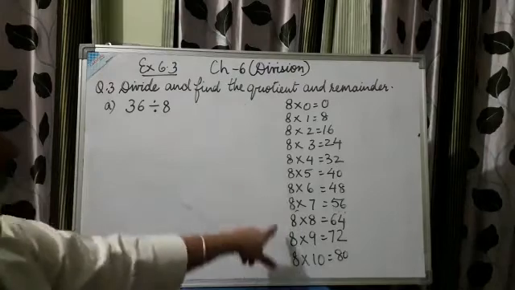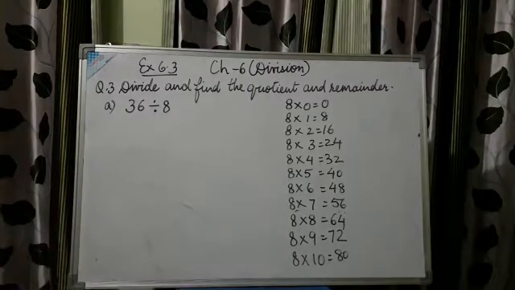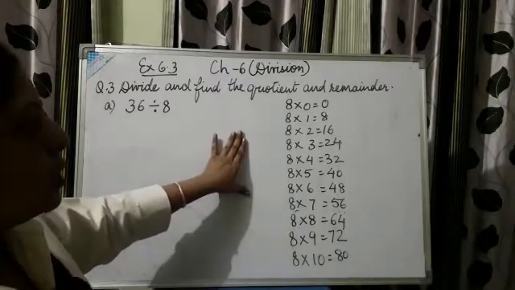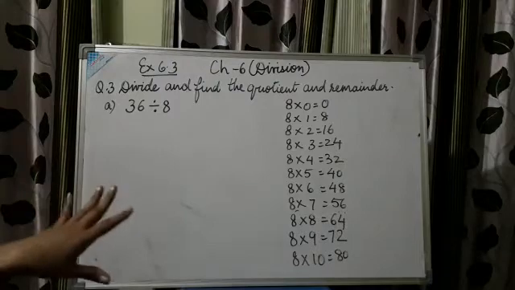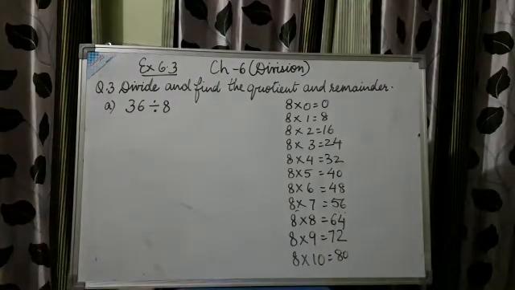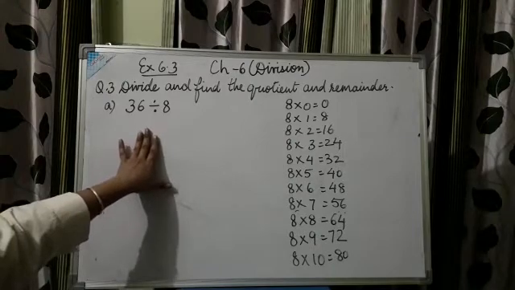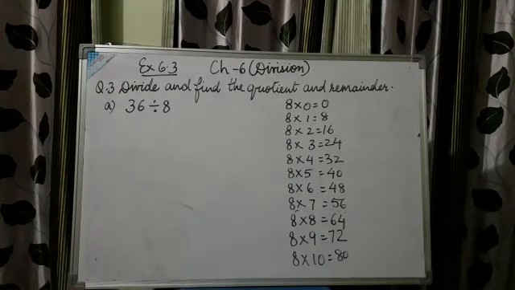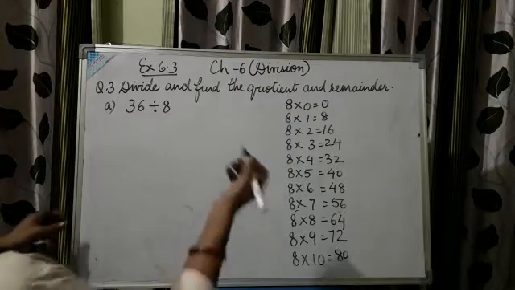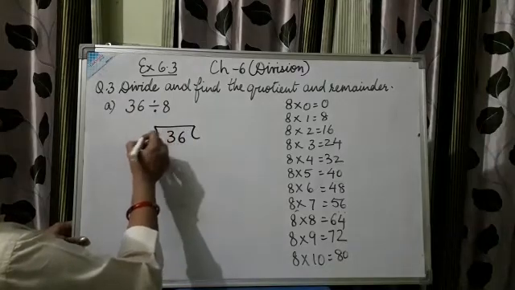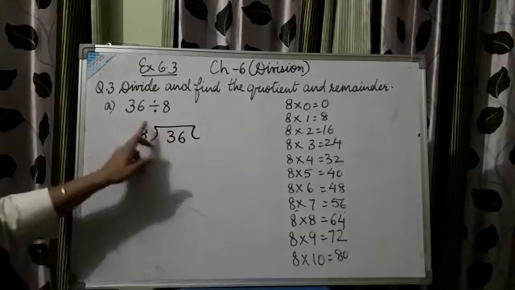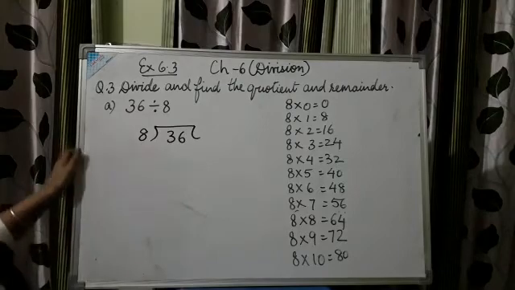I have written the table, as I had already told you that you should write down the table to do the sum so that it becomes easy for you. Now here we will be getting the quotient also and the remainder also. In every division sum till now we have got remainder as 0 only. But in these types of questions it is not necessary. Now you might even get remainder 1, 2, 3, anything like that, not 0 necessarily. So I have written 36, the dividend, inside and the divisor outside.